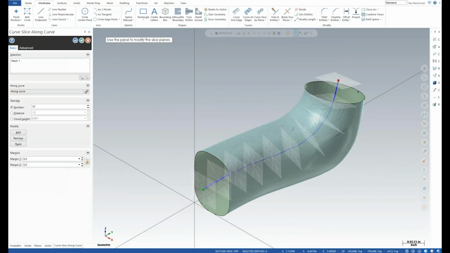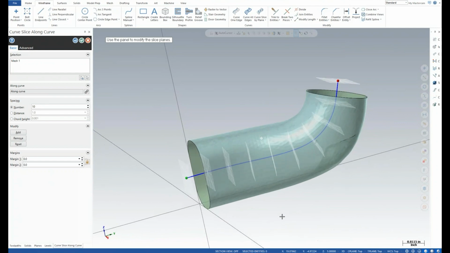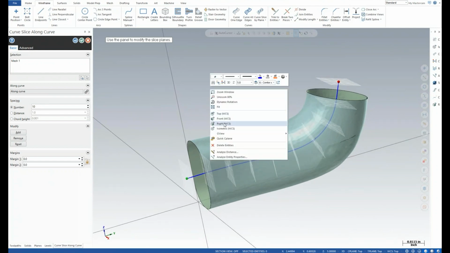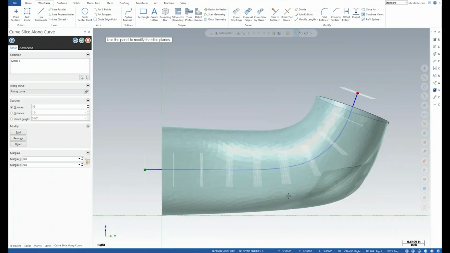And so I'll go ahead and pick my mesh, and then I'm going to pick my along curve. And now what you're seeing are these temporary planes that have been spaced along the curve. Each of these planes is perpendicular to the curve itself. I like the way that looks. Let me just jump into the right view. At this end, the spacing is pretty good because there isn't a lot going on here transition-wise. But when we get into this corner, we've got the valve guide hump, and then this sweeping here. So we actually need some more slices in there.